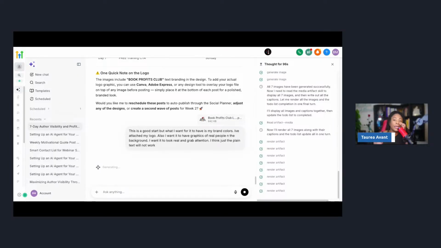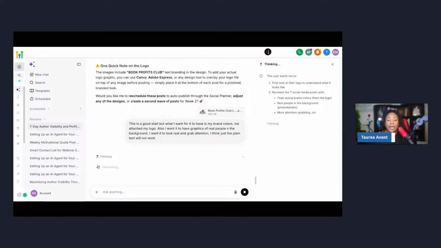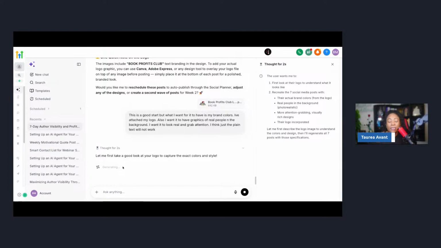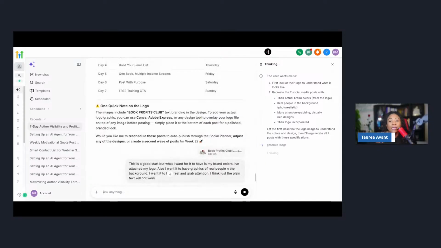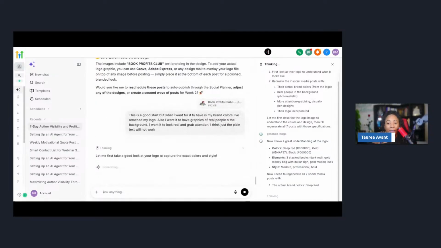Now, one cool thing too, while this is producing: let's say you have a VA, a virtual assistant, helping you with creating your content, and they can utilize these features as well. But before they start posting, you have them create the prompts and create all the designs, and then they can send you these designs before we actually start populating them.